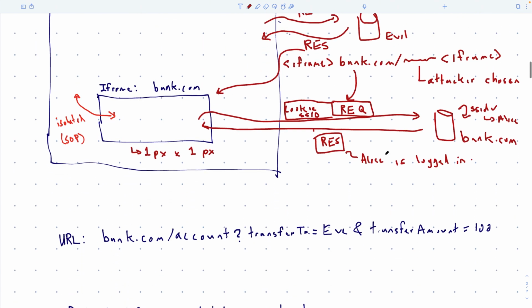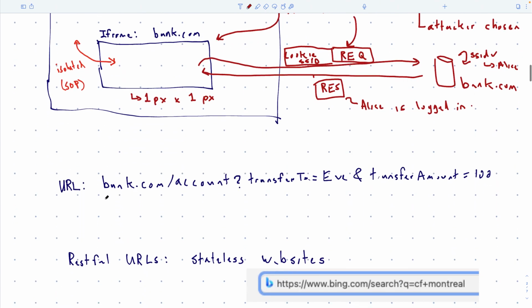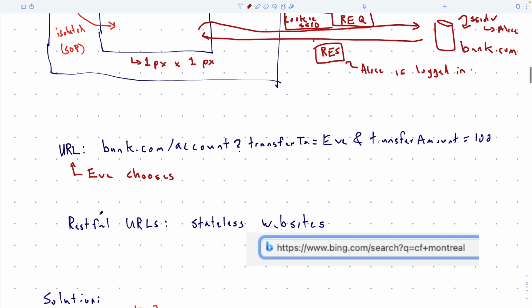Okay, so the key points are that Eve chooses this URL, so she can put whatever she wants in it. The type of URL are called RESTful, and here's the example that we have where we have the search query.